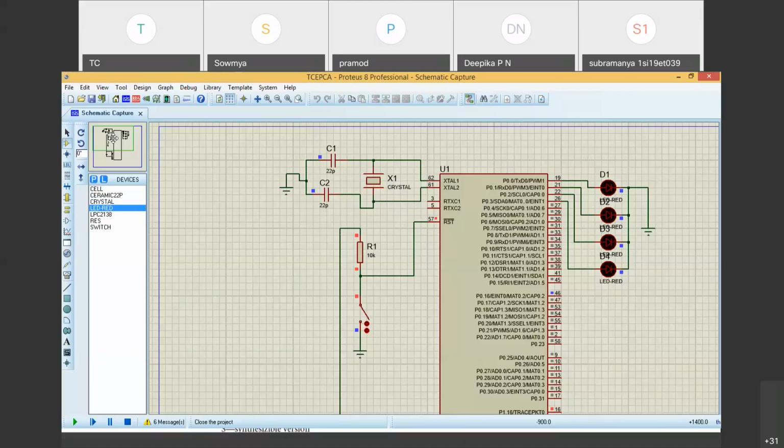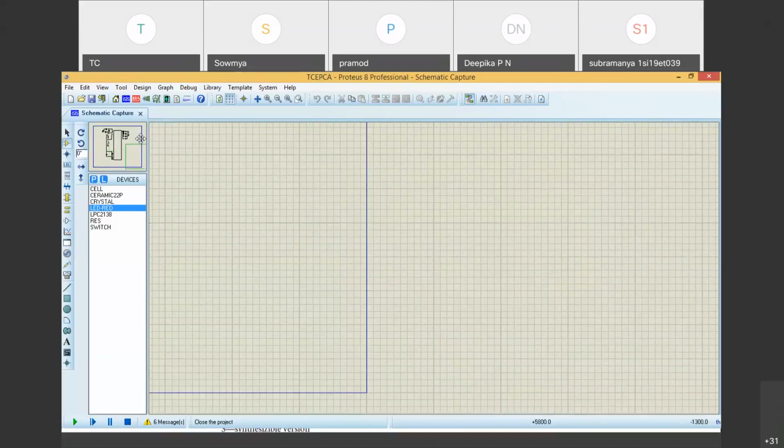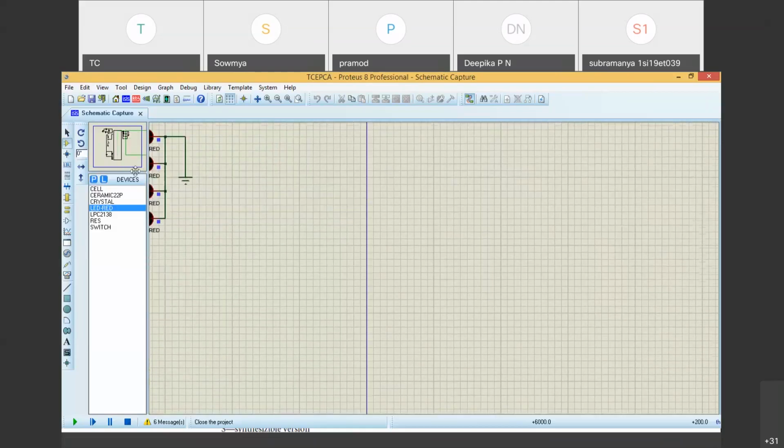Last time I have shown. If possible, please connect that 7-segment. The 7-segment display you take, connect in a similar way. Left side circuit remains the same. No changes. For all hardware, it remains the same. Only the right side circuit you need to work on. Is that okay? So all of you work. Is that okay, Pramod? Yes, sir.